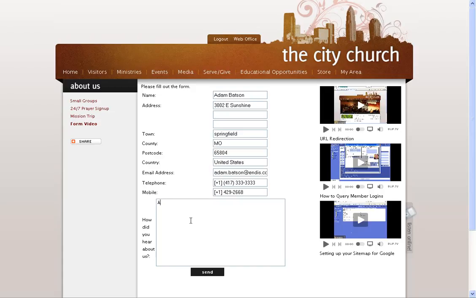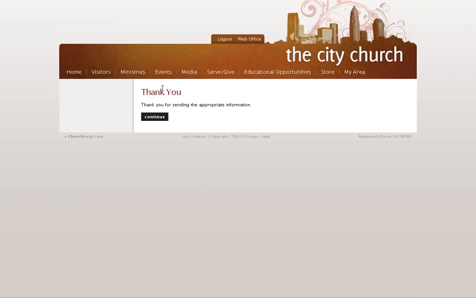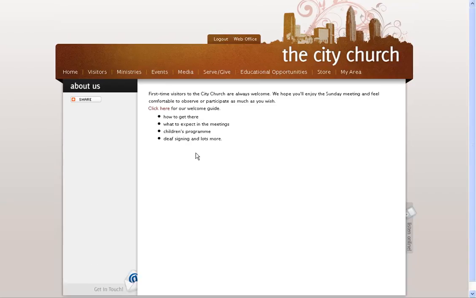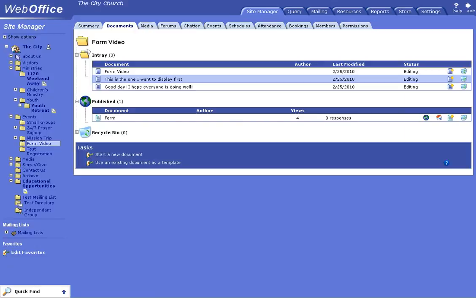Now, whenever we click send, it's going to take us to our thank you page. And then whenever you click continue, it's going to take us to whatever page I designated. So you have that there. Now we're going to go back into the web page and kind of show you what somebody would see whenever you send a form response. So whenever we refresh back here,